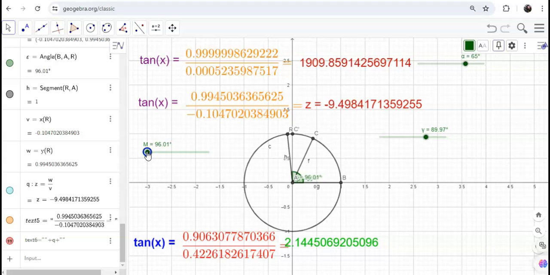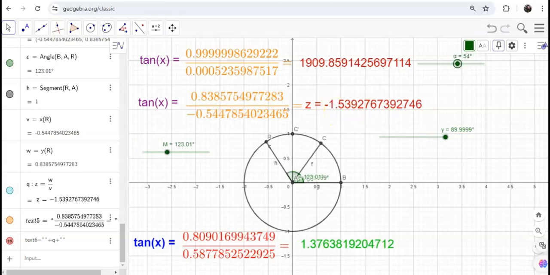Yes, the tangent value is a negative number, and then as it draws closer to 90 degrees, it becomes infinitely small. Look, negative